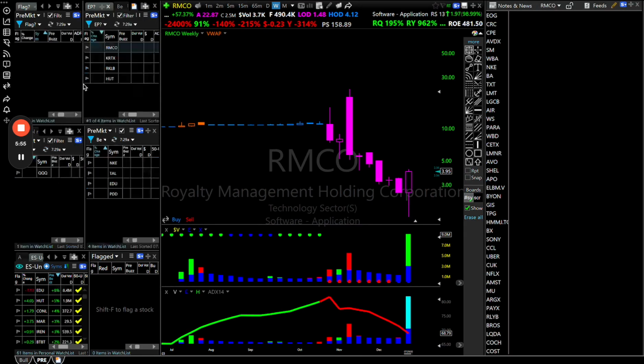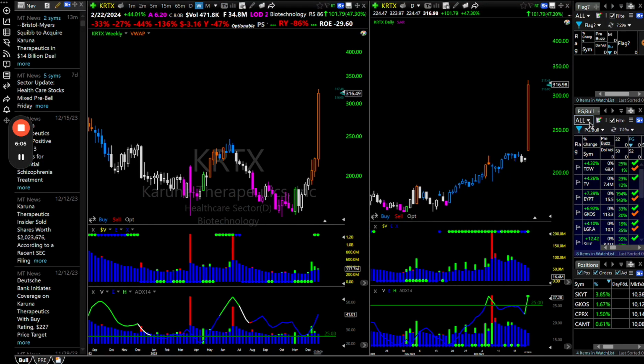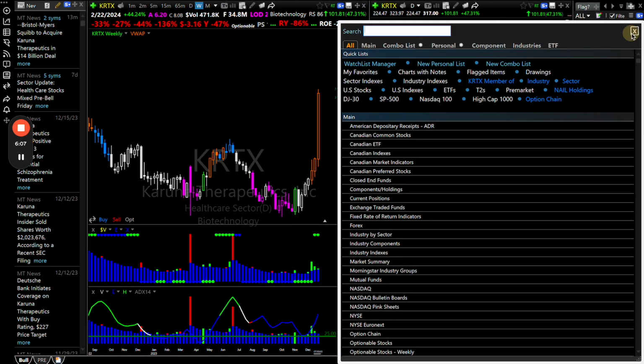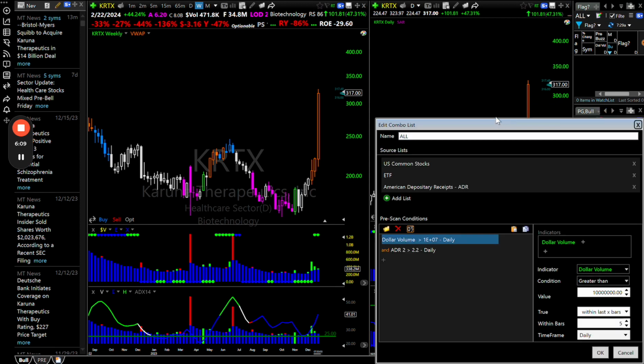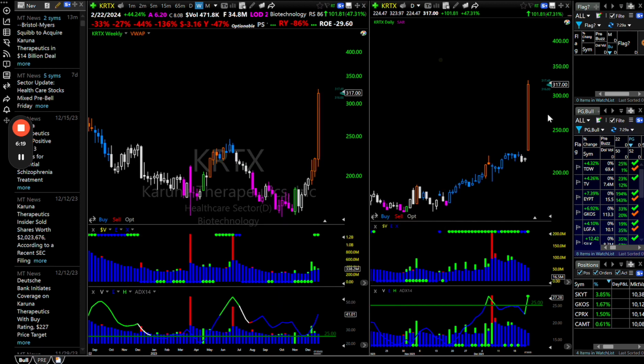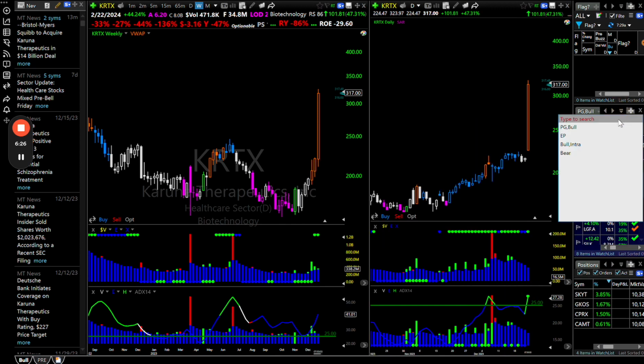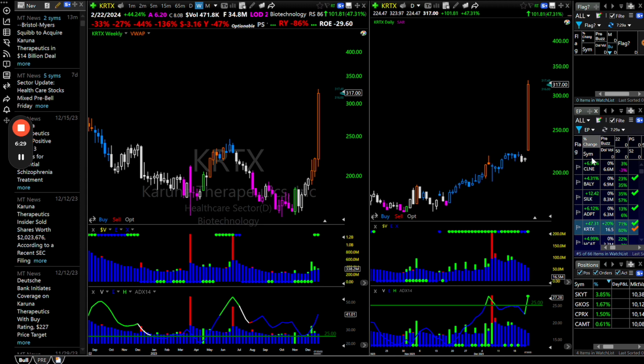I mean, pre-market layout here. So this is set to pre-market scanner here, and then the bull is set to the watch list. Edit this here. I've got U.S. common stocks, ETF, ADR, which are like China stocks, and then it just has a dollar volume and a minimum ADR here. And then from there, I filter down here. Then I can go through EP,